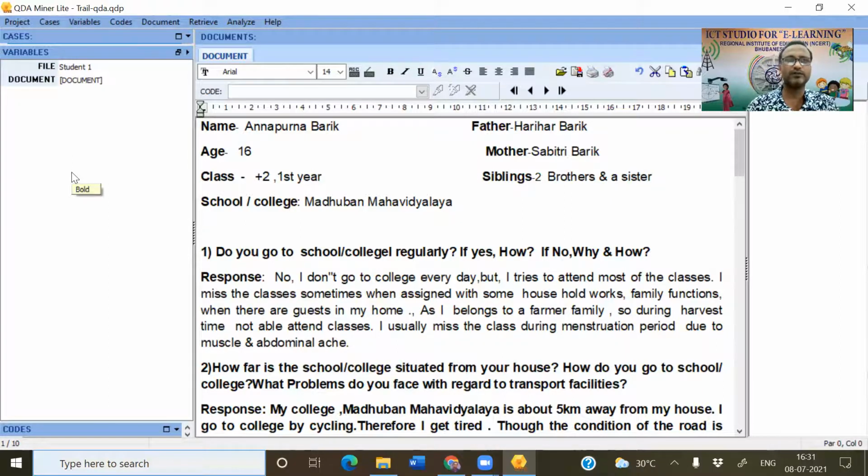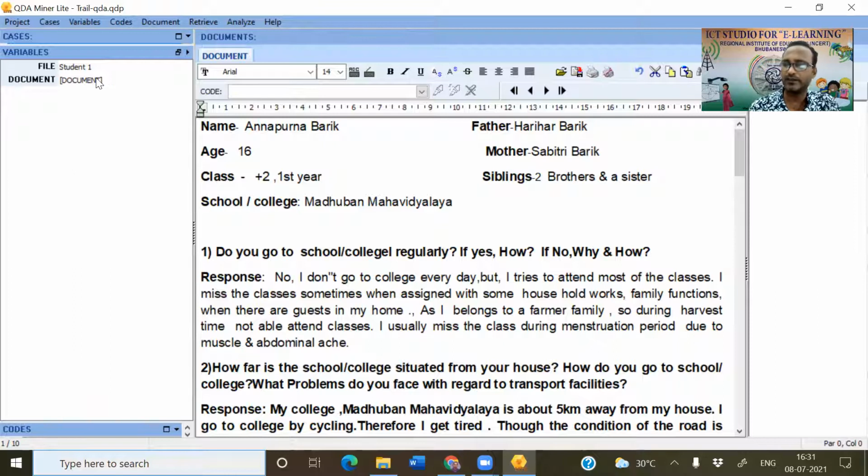For example, you see here many variables are there. This is the variable window. Suppose here, two variables are there. One is student one, or if you are writing the name of the student, the name of the student will come here.